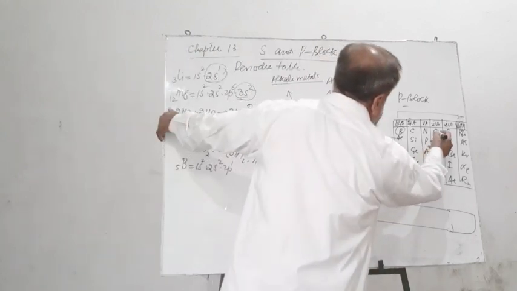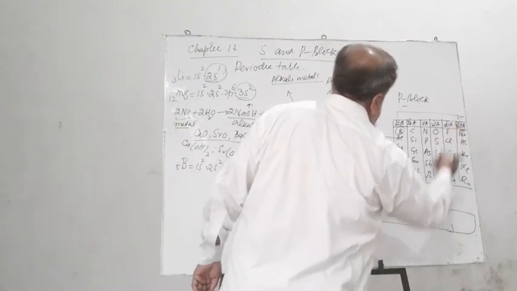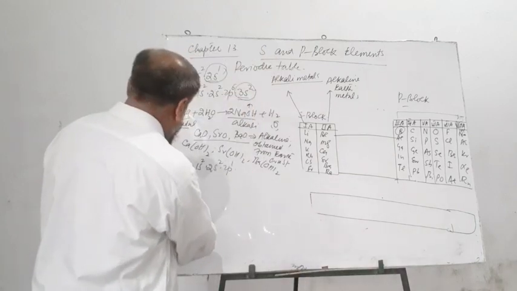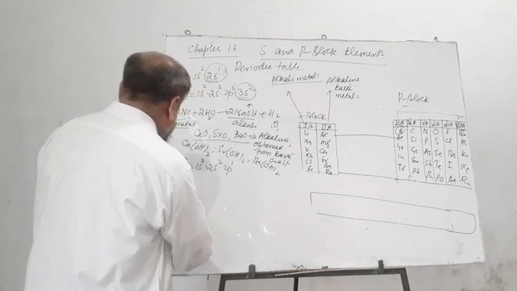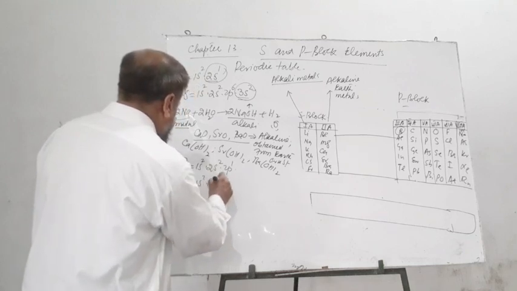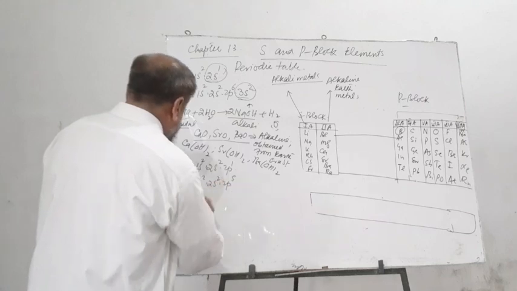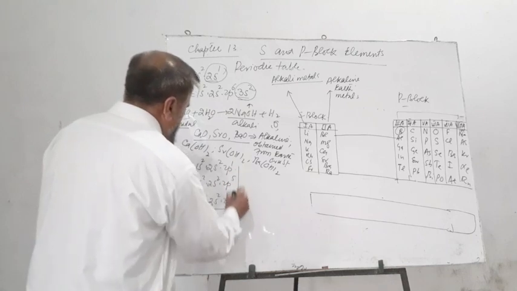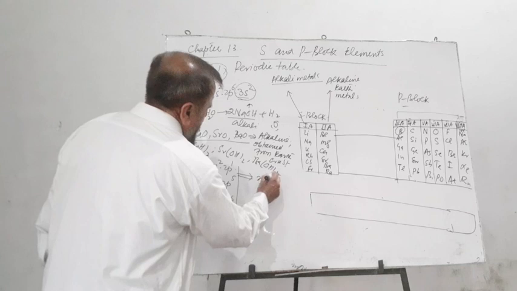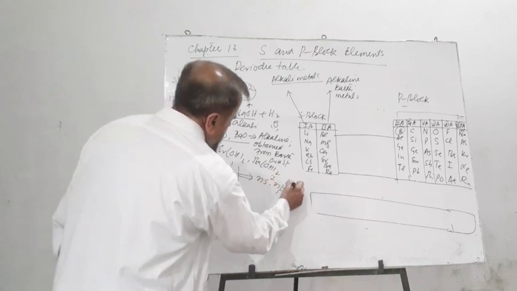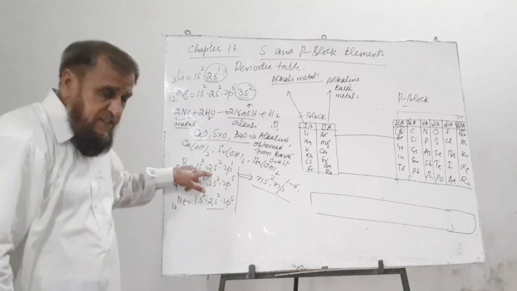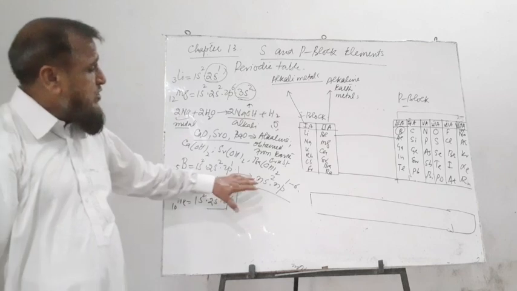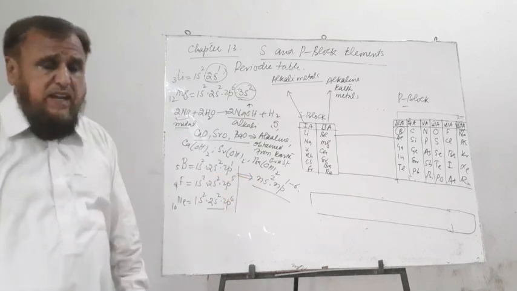Let us consider the electronic configuration in the same period of fluorine, atomic number 9, and neon, atomic number 10. The configuration is 1s2, 2s2 and 2p5, and in case of neon the configuration is 1s2, 2s2 and 2p6. So their general electronic configuration is ns2, np1 to 6. The s orbital is filled and p may contain a number of different electrons varying from 1 to 6. So their general configuration is ns2, np1 to 6.